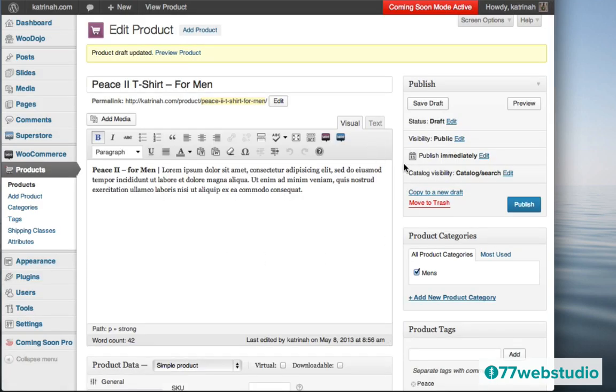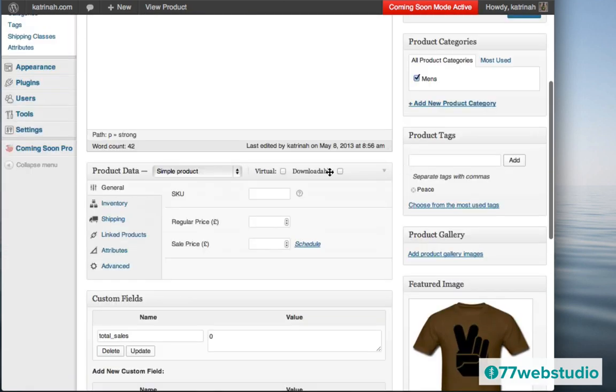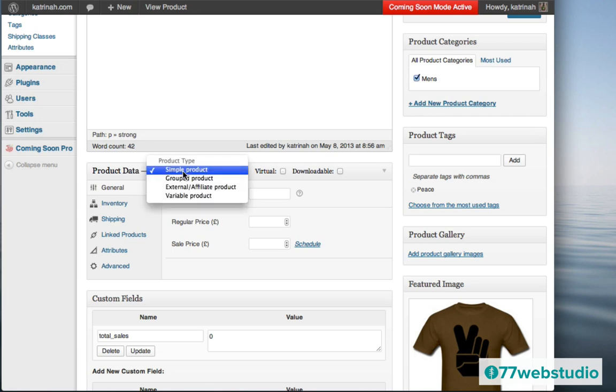Now on this page, we need to scroll down and we need to set up the different product data, including the price or the sizes for this product. So here in the product data section, you'll see it says product data. Here, when you click on this, you'll notice that it will say simple product, group product, external affiliate product, or